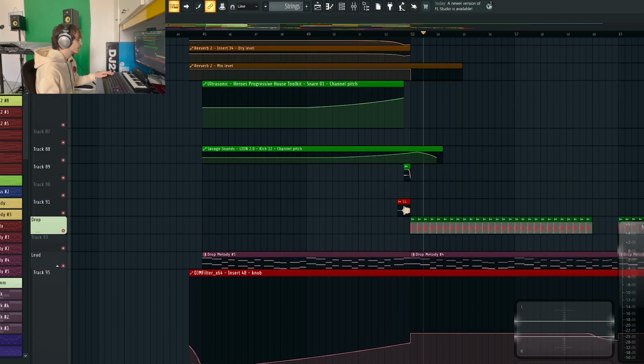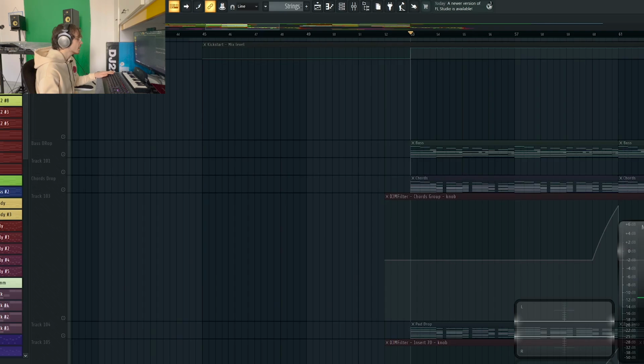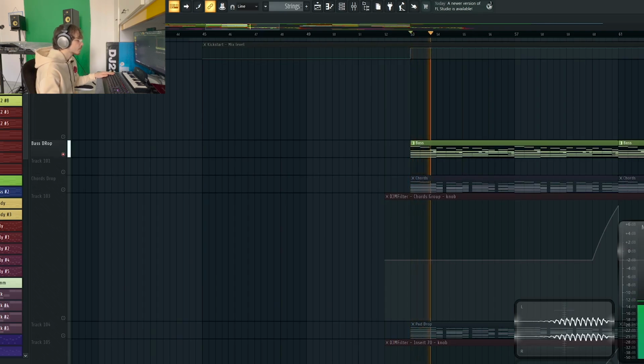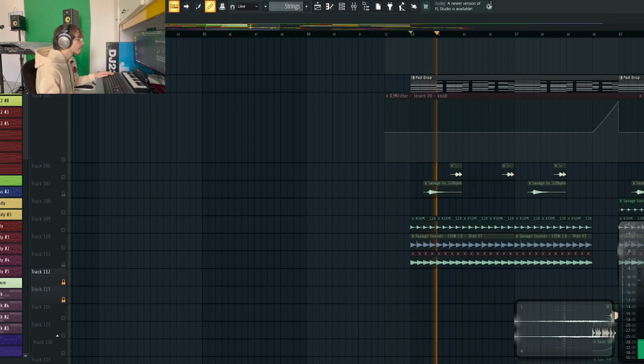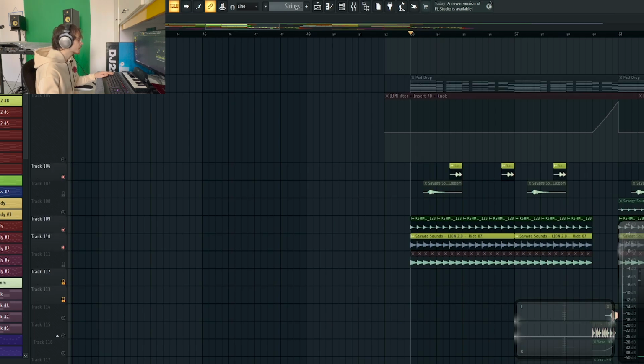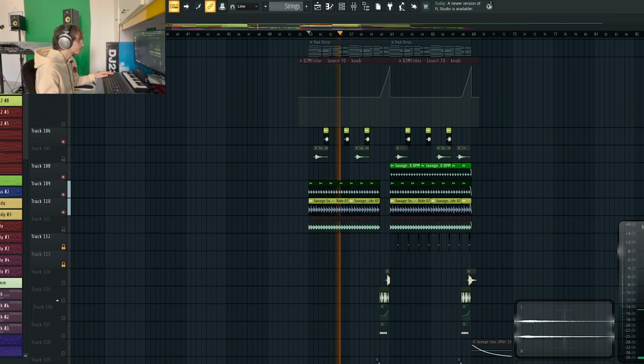Going to the main part, we have the kick, we have the bass, we have the chords, some background pad, after that we have drums, more drums on the second part,